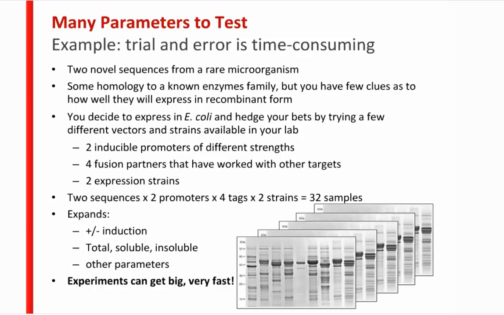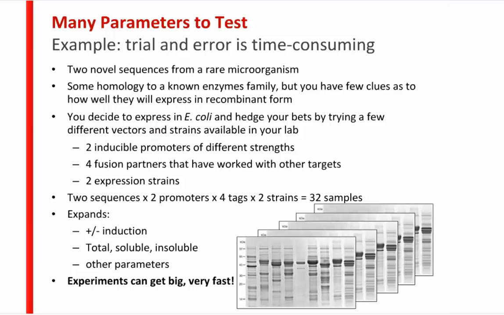And just because there are so many places in the process to go awry, many of us decide to test multiple parameters in parallel in order to try to increase the probability of successful recombinant protein expression. So trial and error is very time consuming, and if you can try a couple things in parallel and save time up front, it's a little bit easier, right? So this is just an example of what that might look like. Let's say you've discovered two new